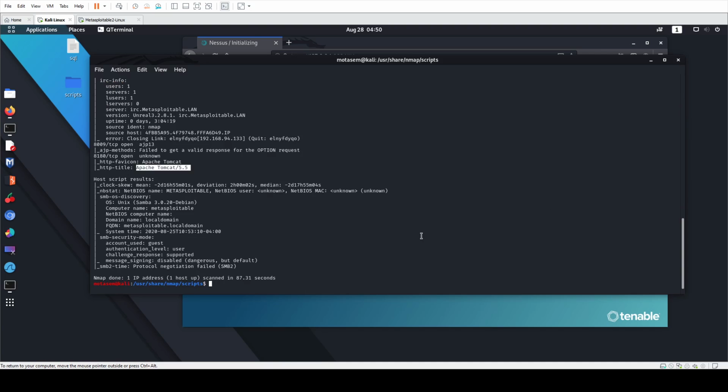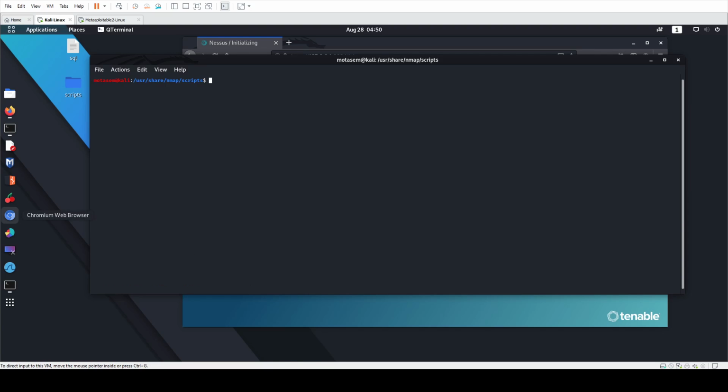All right. So now let's say we want to run specific scripts on this host. Basically, from our basic use of Nmap, we know that the Linux target here is Metasploitable, right? There is a bunch of vulnerabilities in this box. We know that beforehand. So one thing to do, guys, is how can we see if there are file shares on the box? Let's say we are interested in finding the NFS file shares, or in this case, it's a Linux box. Let's say it's SMB. So in this case, I'm going to run